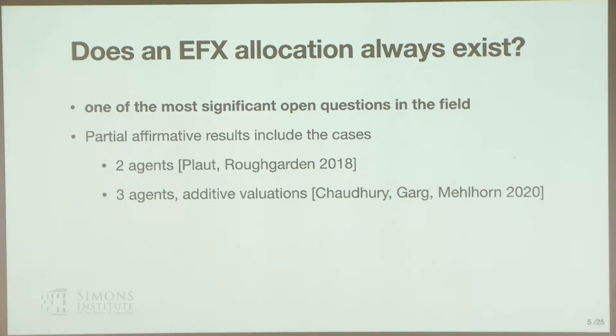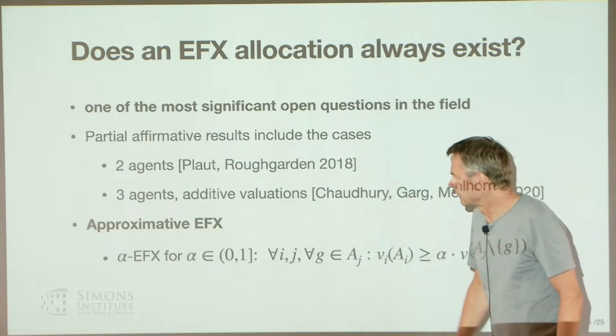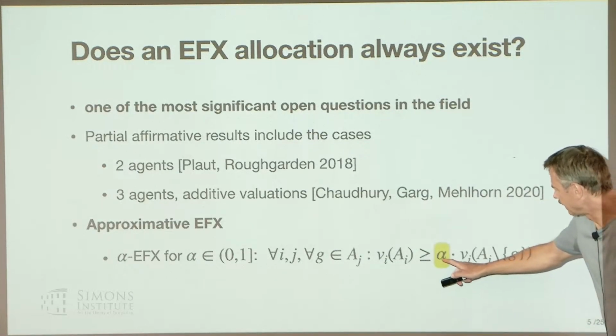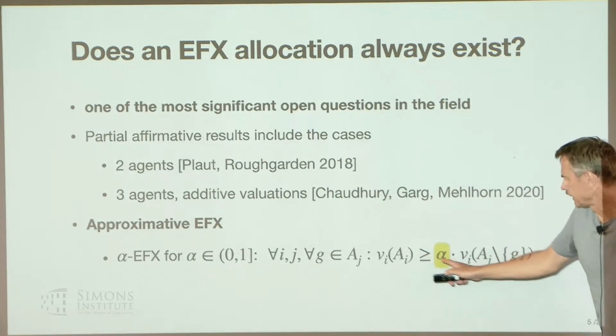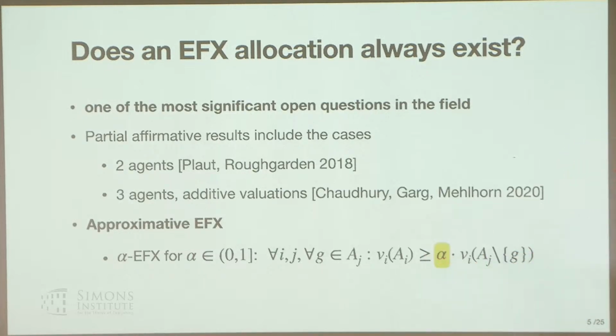But now because this seems to be a very hard nut to crack, people looked at further relaxations. And one of them is approximate EFX. So here the definition is the same as before, but here we have some factor alpha, and basically our inequality here can be weakened with this alpha, which is like a 1 minus epsilon